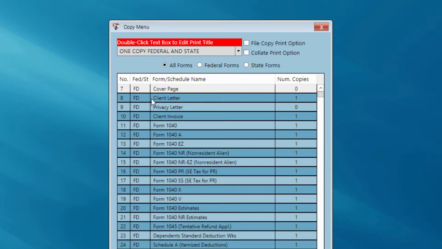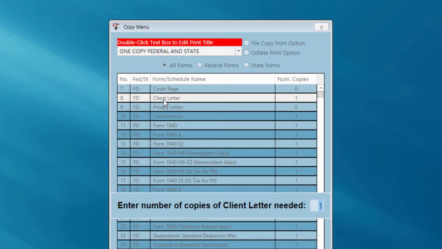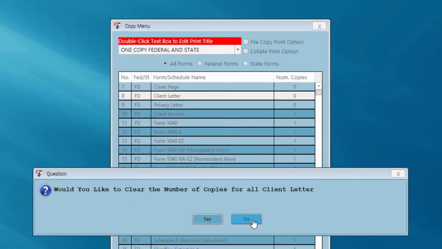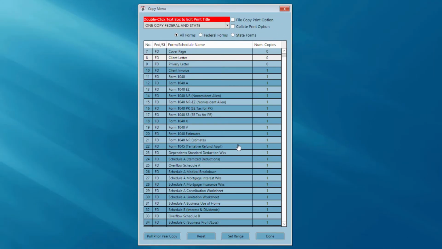And now I want to zero the client letter. I don't need a copy of the client letter when I print one copy of the federal and state for my client. So I'm going to double click the client letter. It's going to ask me to enter the number of copies of the client letter needed. I'm going to enter 0 here. Again, the program asks me would I like to clear the number of copies for all the client letter options. I'm going to say no. And now when I click Done